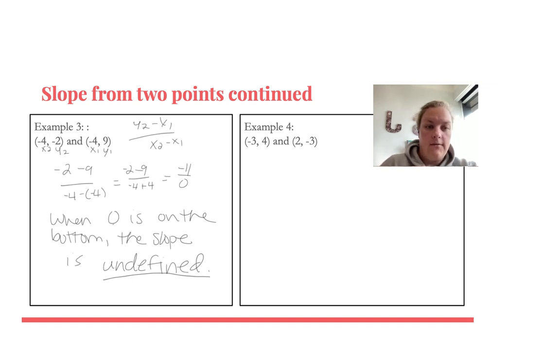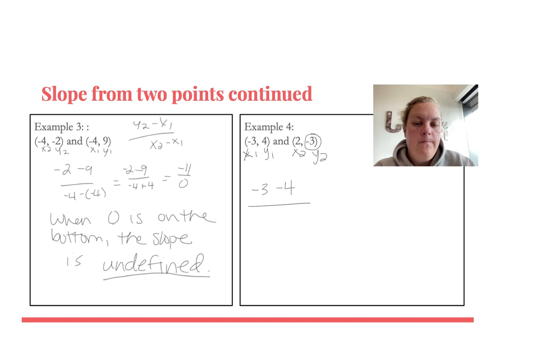Now, if you're paying attention here, we've had an undefined slope, a 0 slope, a positive slope, which might lead us to believe that the next one might be an example of a negative slope. So let's see and find out. I'm going to go through and do this problem. Okay, so here we will begin with x1, y1, x2, y2. So I have -3 minus 4, and I'm using the -3 from the right side,